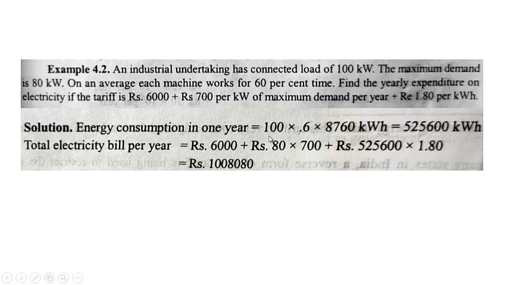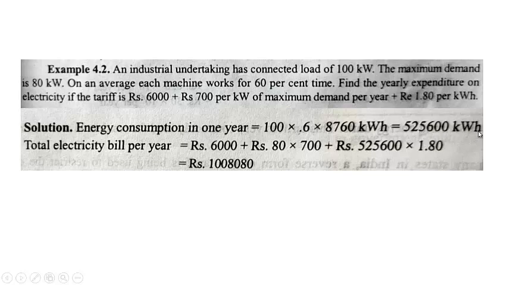That will be equal to 100 kilowatts. Since it is used for 60% of the time, that's 0.6 multiplied by the total hours in 1 year. These are the total number of hours in 1 year, that is 24 into 365. It comes out to be 8760. So the total energy used in 1 year is